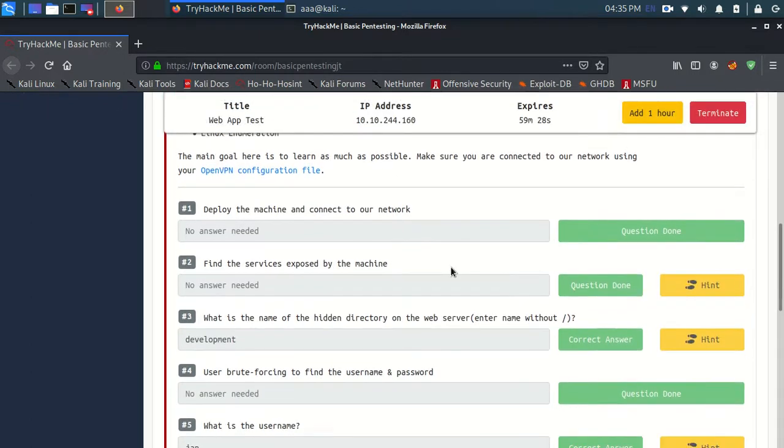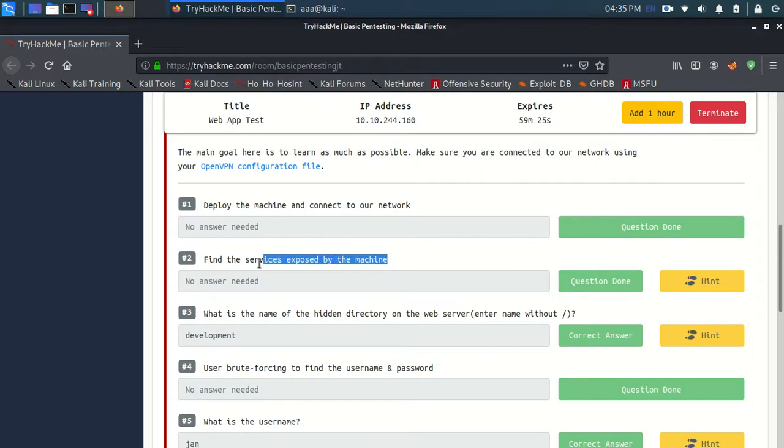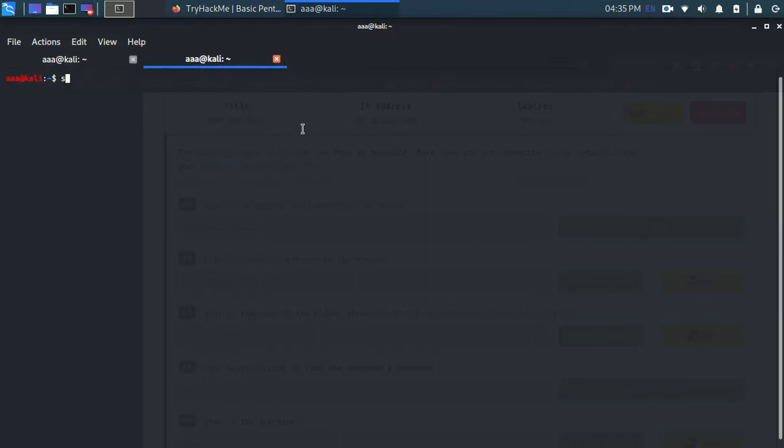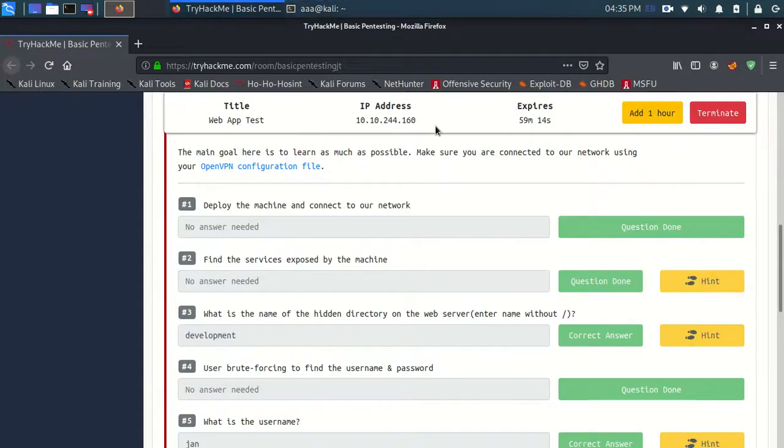Find the services exposed by the machine. I guess it may take some time, but let's check. Nmap and the IP address. I'll just copy paste.